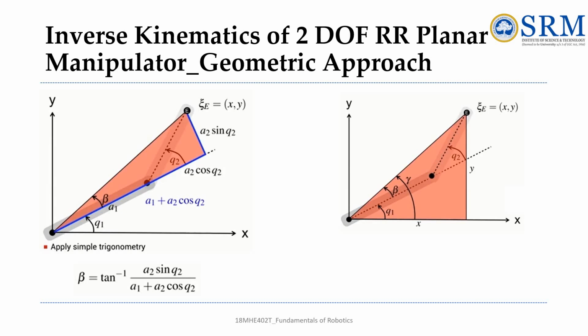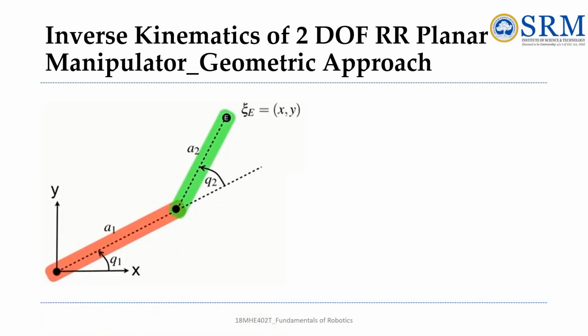So here we are going to assume an angle gamma. Gamma is tan inverse of y by x. Okay, and here we have to find the q1 angle, so that is gamma minus beta. We know beta from the previous diagram, and gamma we have now found as tan inverse of y by x. So substitute in this, and we will get q1. Okay, next,